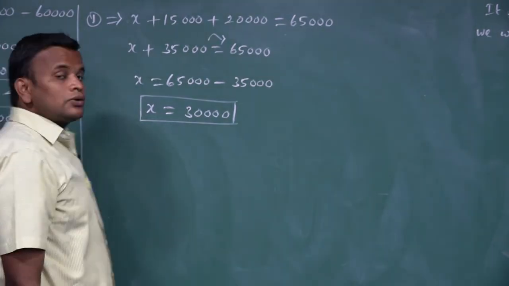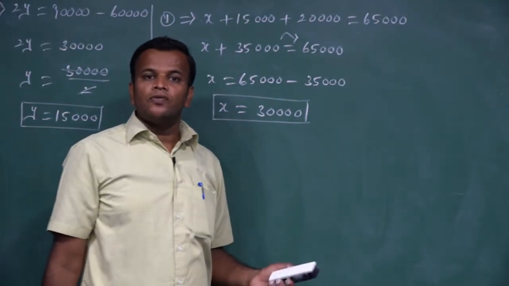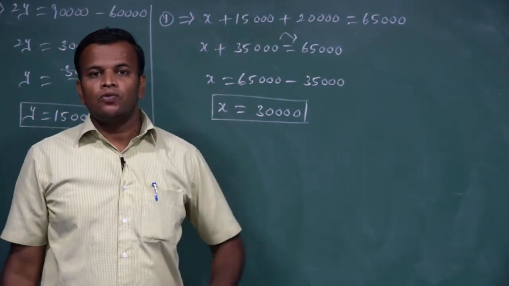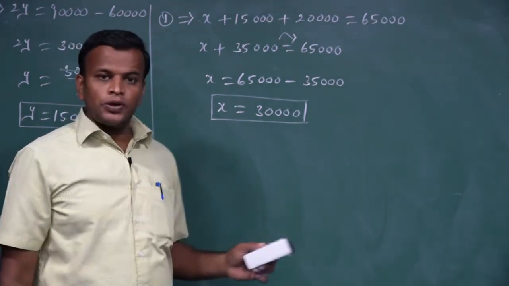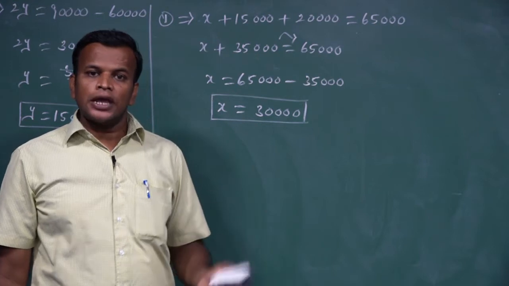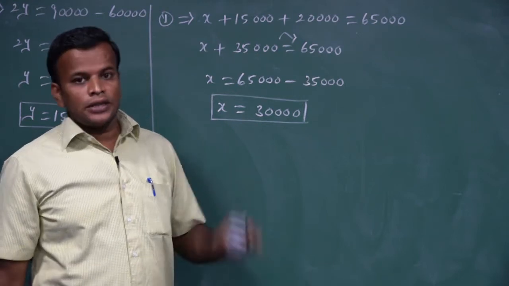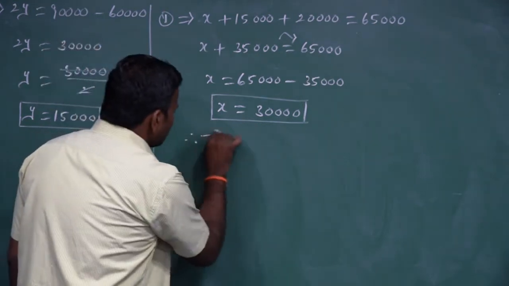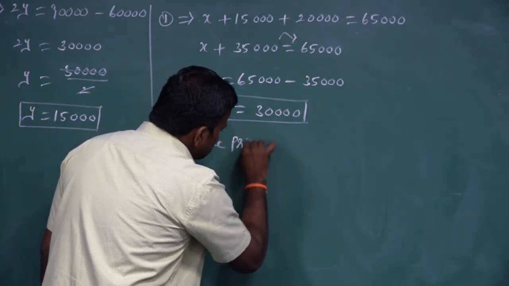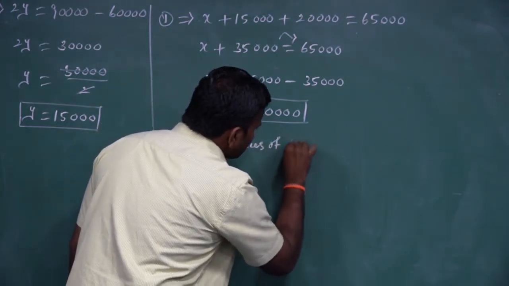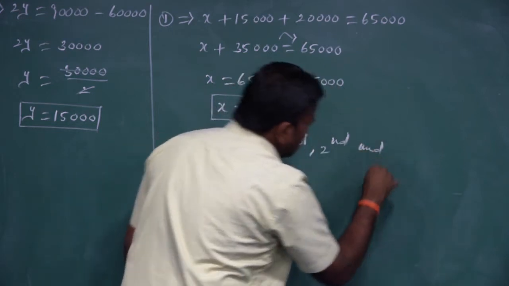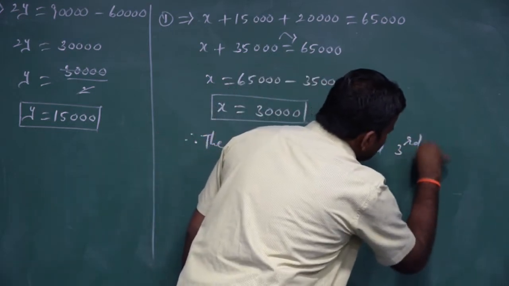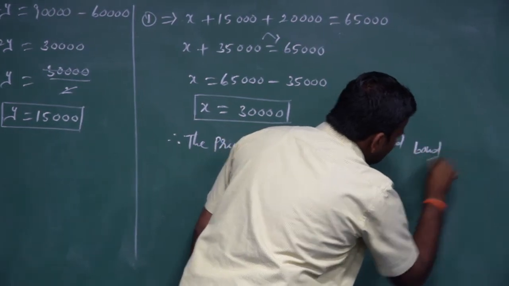We must write the conclusion. Our given question is not to find the value of x, y, z, but to find the price of each bond. We will take x as the price of the first bond, y as the price of the second bond, and z as the price of the third bond. Therefore, the prices of the first, second and third bond are,